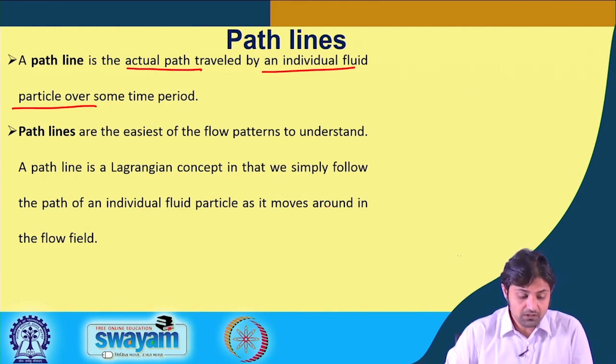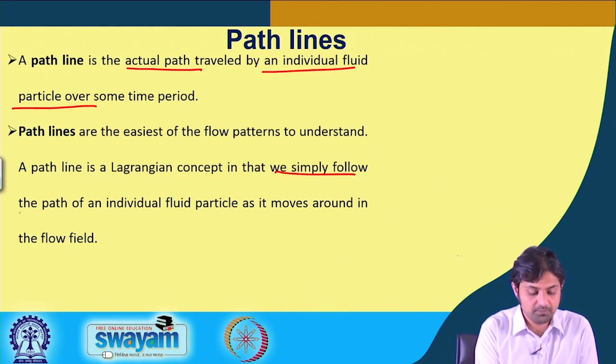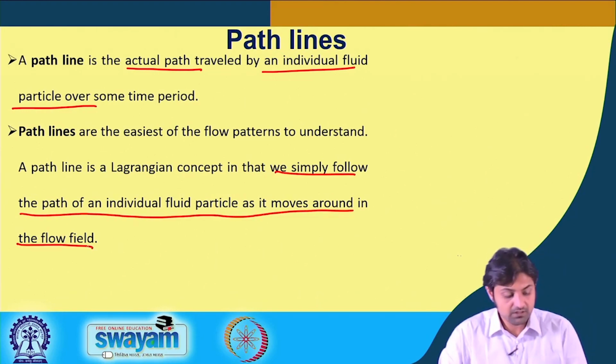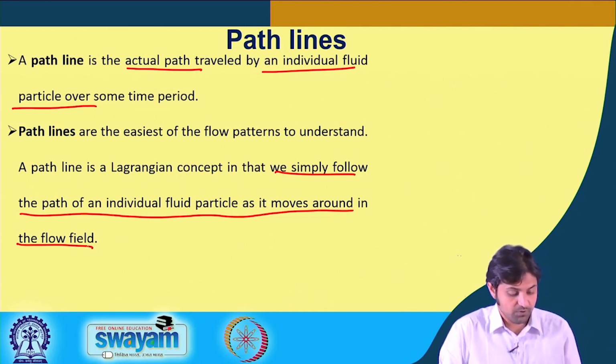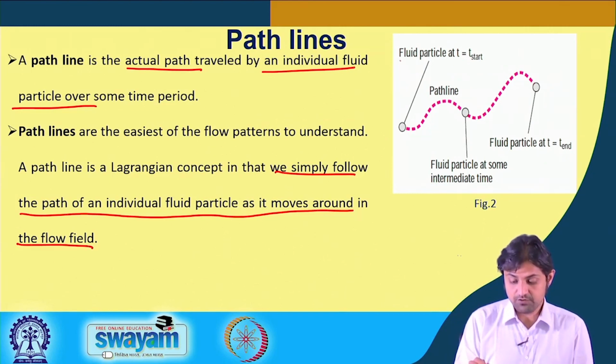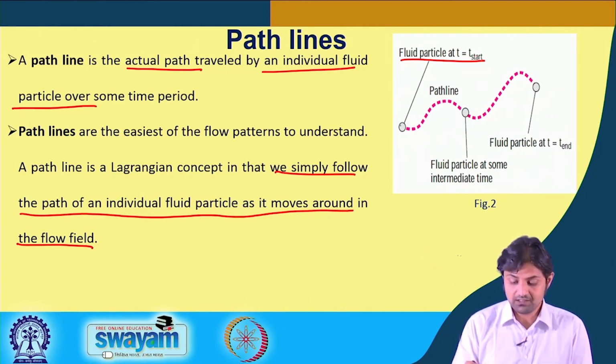Okay. So, for example, we see there is a fluid particle at t start, or we can also say t is equal to 0, and the particle is moving like this. So, this is the path line,